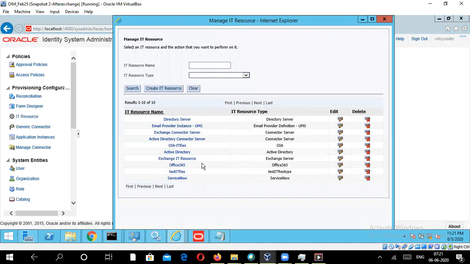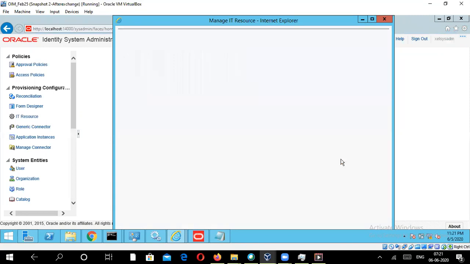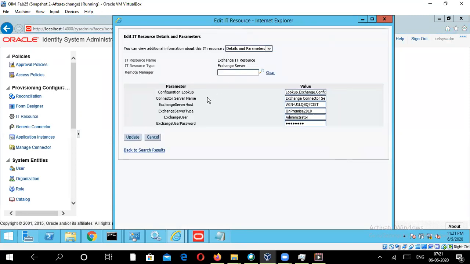Here you'll have two parameters: the Exchange IT resource and the Exchange connector server. If we look into the Exchange IT resource parameter, as you can see, it has the host name and the username and password parameters. I'm not going to change any of these values here.